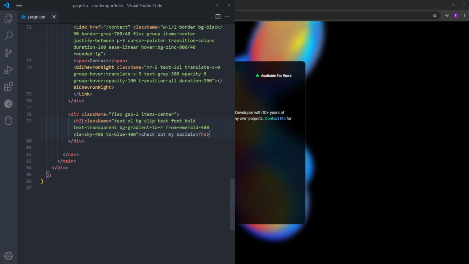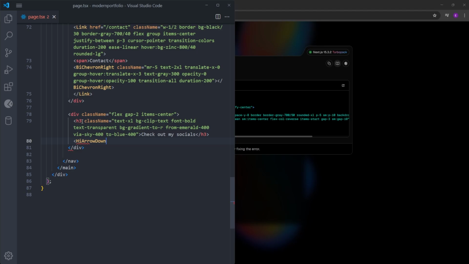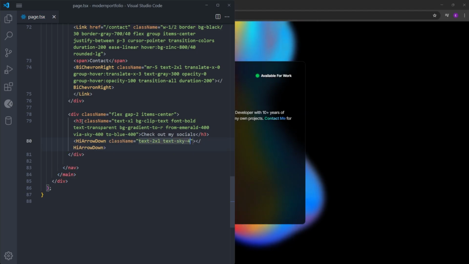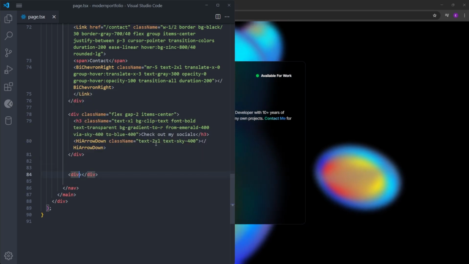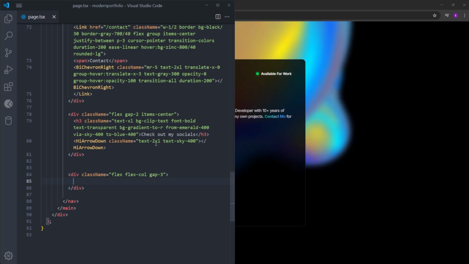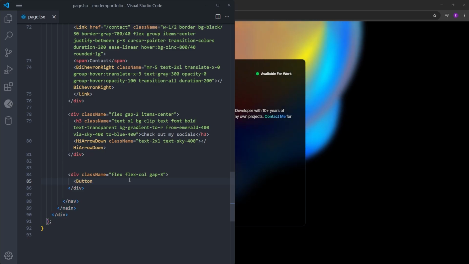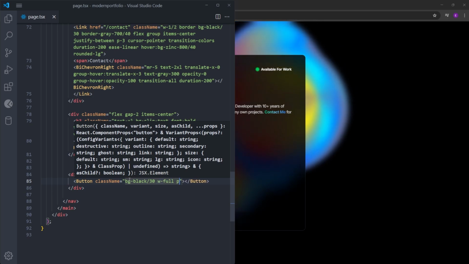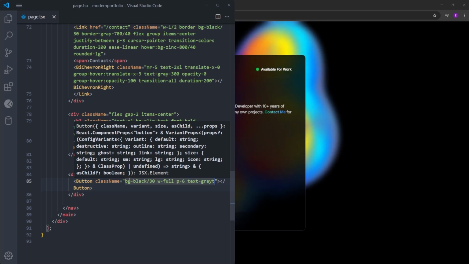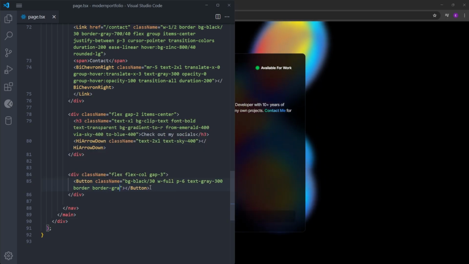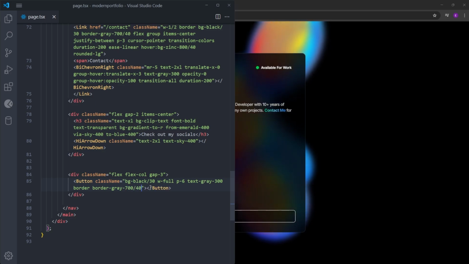Right under this h3, gonna have an arrow down icon. Let's make it bigger and give it a color sky 400. Under this div, gonna have another one, flex direction column, and gap 3. For these social media links, we're gonna have 4 links, and we're gonna use buttons. So let's use the button. Background is going to be black 30%, width 100%, padding 6. Gonna set the text to gray 300, give it a border, and set the border to gray 700 with 40%